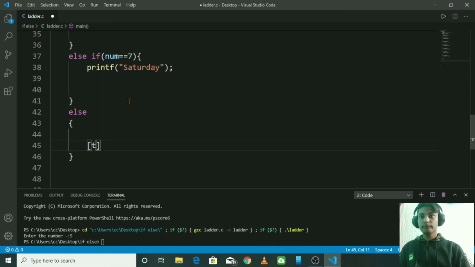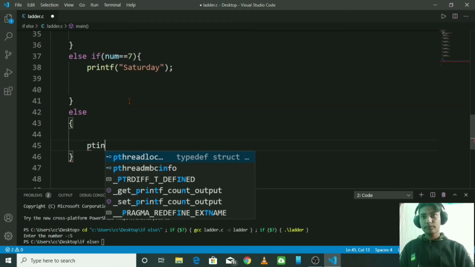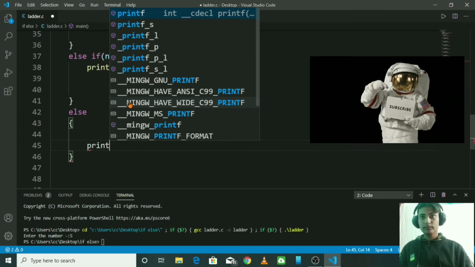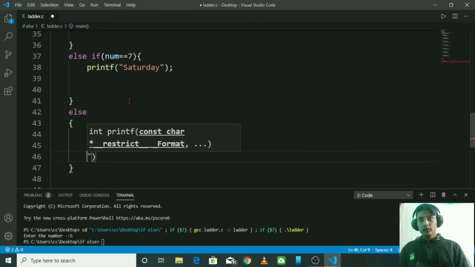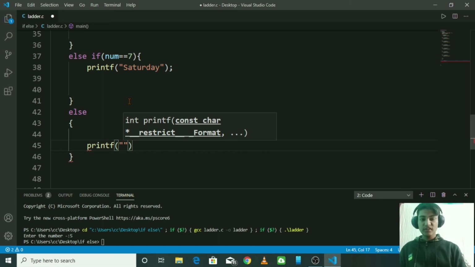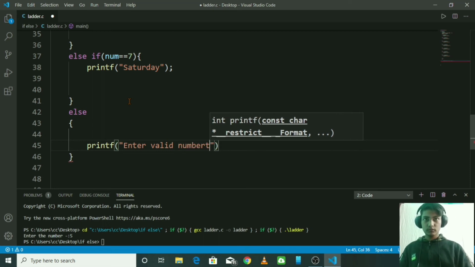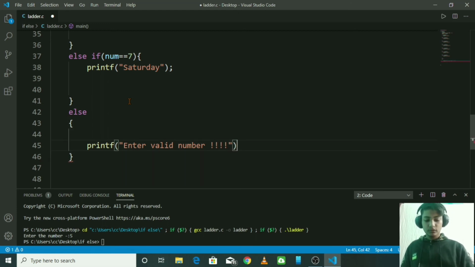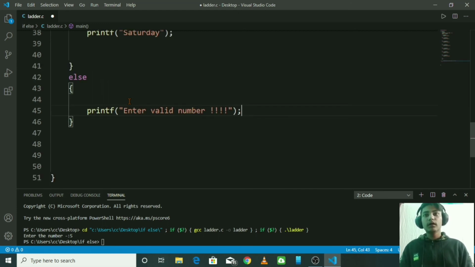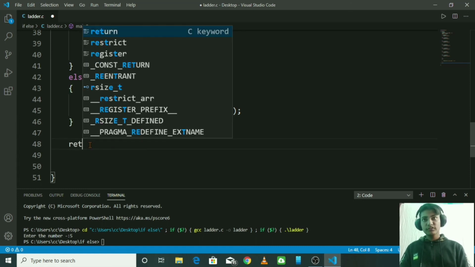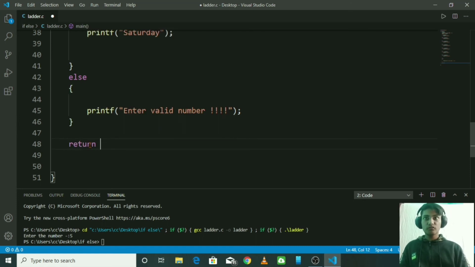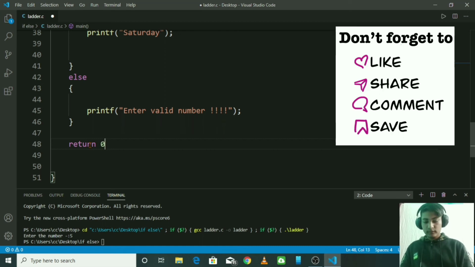So printf "enter valid number", and then an exclamation mark. Yeah, it will look good. Then the return 0, which will give our int main a value after compiling.